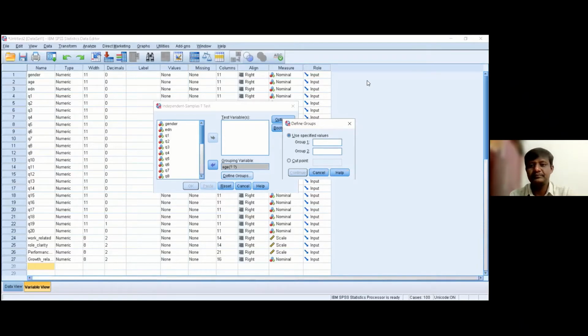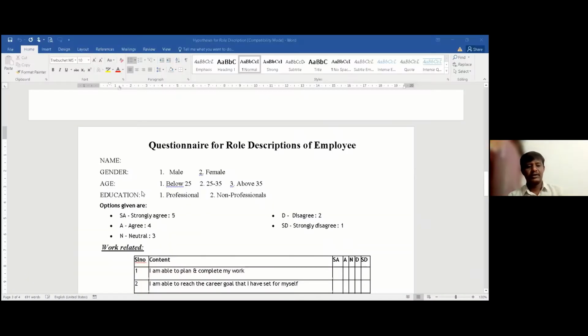Let me show the questionnaire. When you look at this questionnaire, for the age variable we have three groups. The first group is below 25, the second group is 25 to 35, and the third group is above 35.